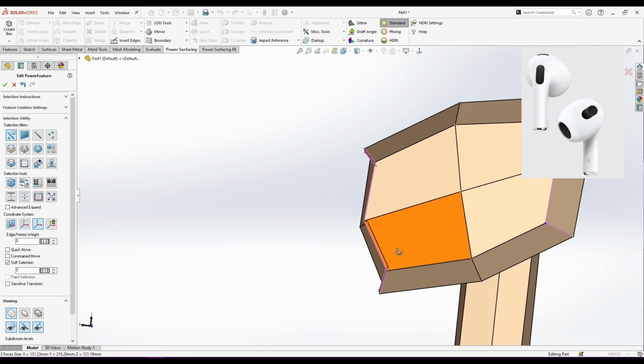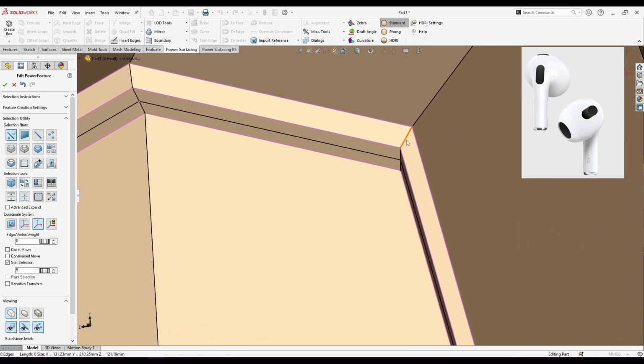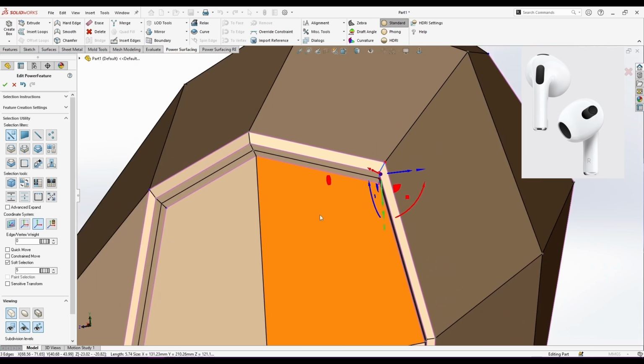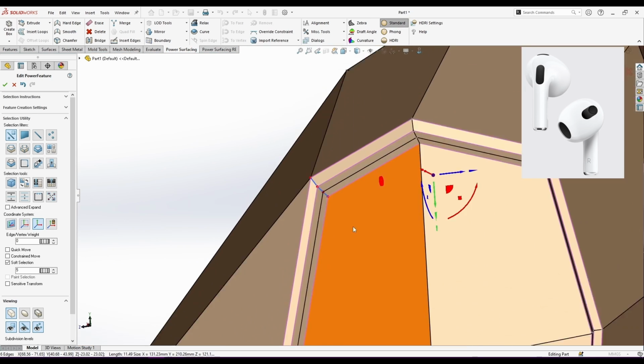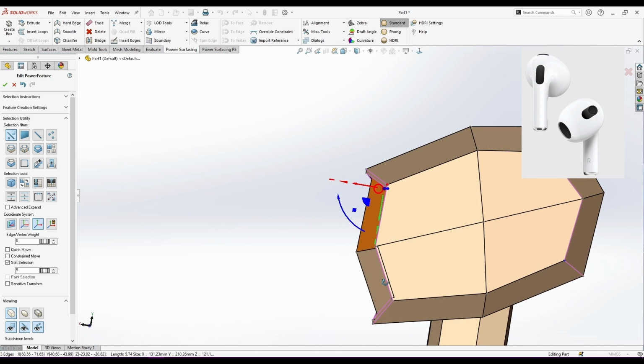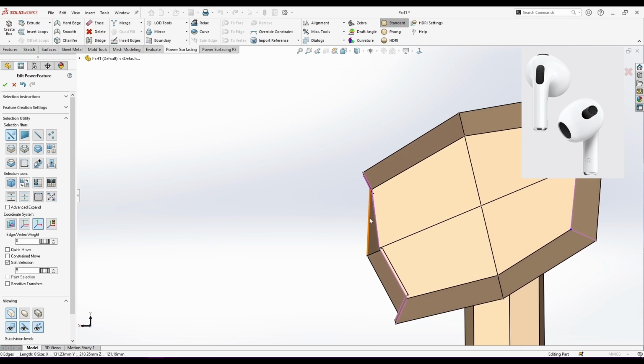What I'm going to do now is select these edges and try to keep